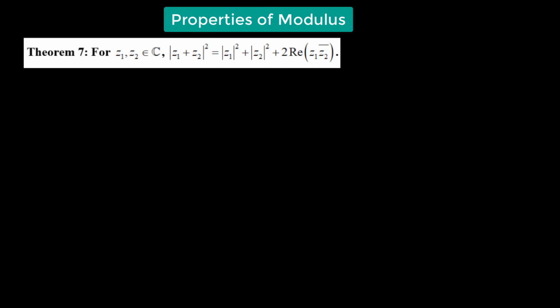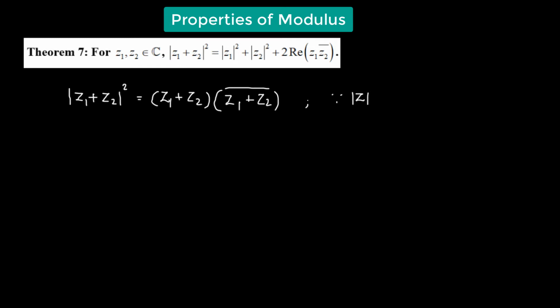So let us try to find out the value of modulus of z1 plus z2 squared. As per property number 4, this can be written as z1 plus z2 multiplied to the conjugate of the sum of z1 and z2. Since mod of z squared is equal to z times its conjugate, this will give us z1 plus z2